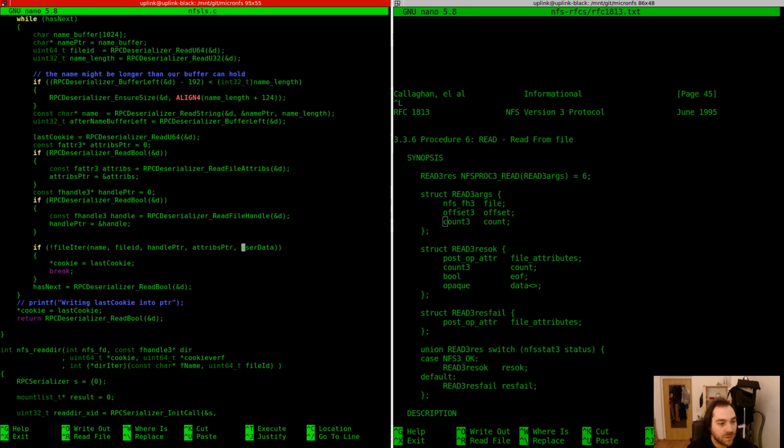When that break happens, what will happen is we go out of this while loop. We write the last cookie we have, and then we write a Boolean value that tells us whether we should continue or not. Right? Because that reads the EOF. If that is not a 0, then